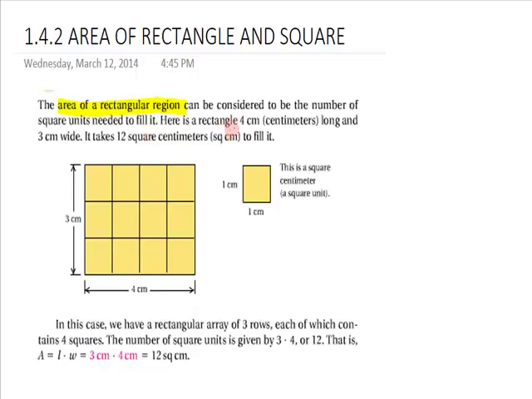Here is a rectangle that is 4 centimeters long and 3 centimeters wide. So 4 in length, 3 in height. You can see that it's marked off for 4 and it's marked off for 3. If you look at the grid that could be drawn, it takes 12 of these square centimeters to fill it up. So its area is,